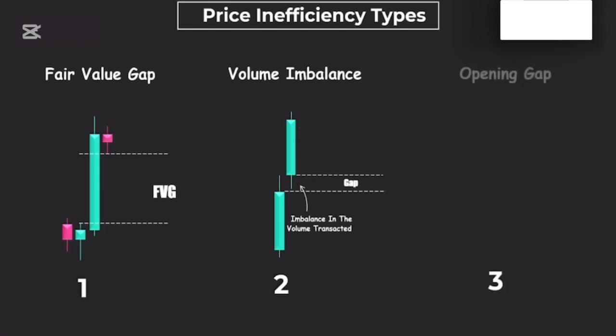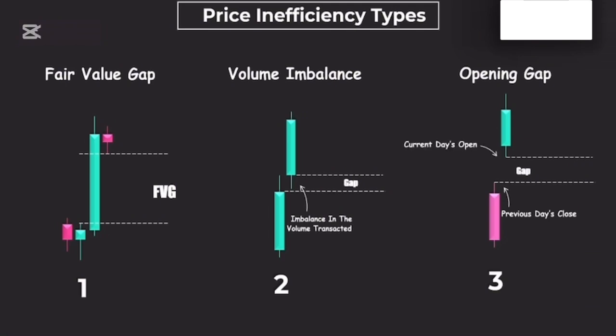And the third type of price inefficiency is the opening gap. This is the easiest inefficiency to identify. It's a clear price void that appears between the previous day's close and the current day's open, with no candles formed in between. These gaps usually fill quickly as the market corrects the overnight price dislocation, offering great short-term trade